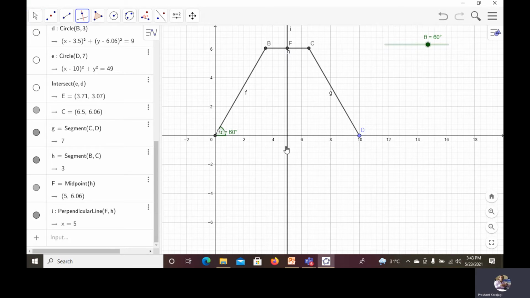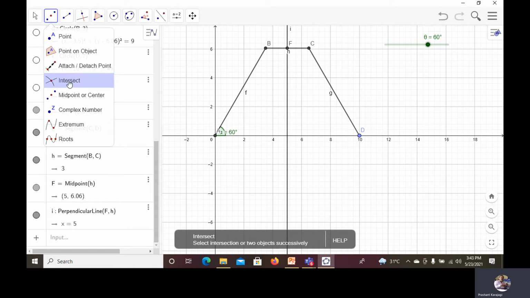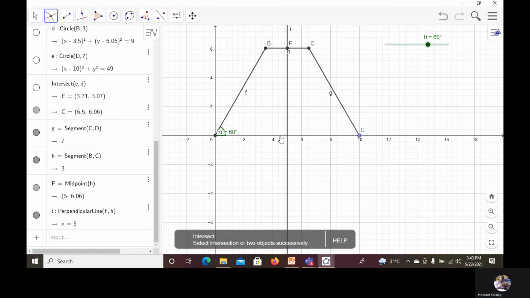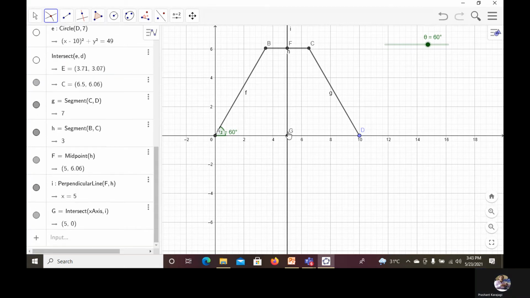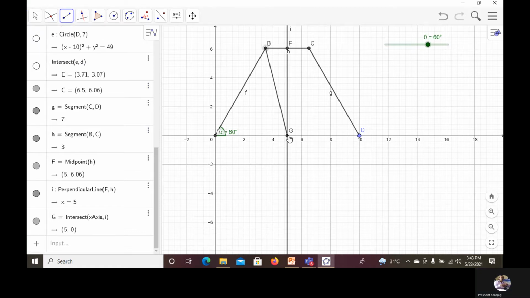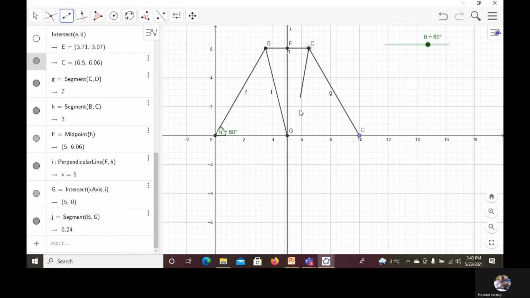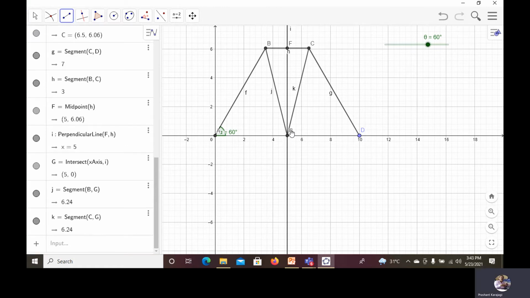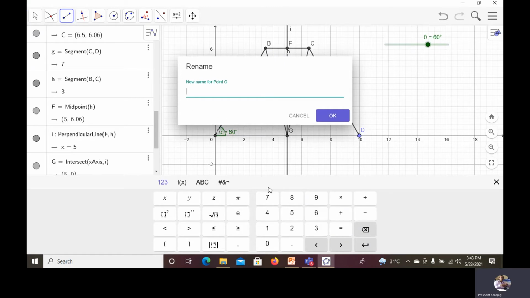The intersection of this perpendicular line and the x-axis, you mark a point G. We are interested in point G basically. Now use line segment.